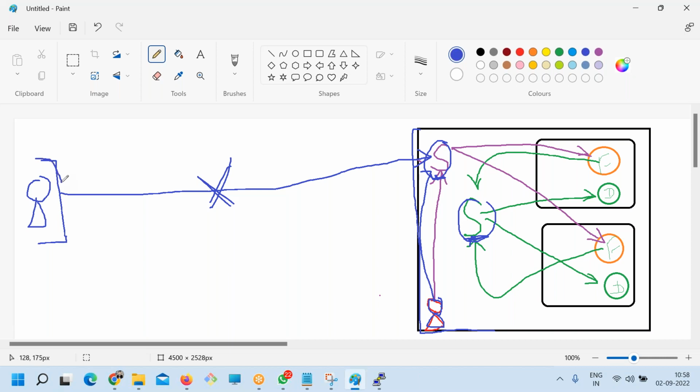So any service, any pod, is not accessible from outside. By the way, does anyone remember what I did with the pod? I forgot actually. What did we do with the pod when we wanted to access it from outside? Port forwarding.